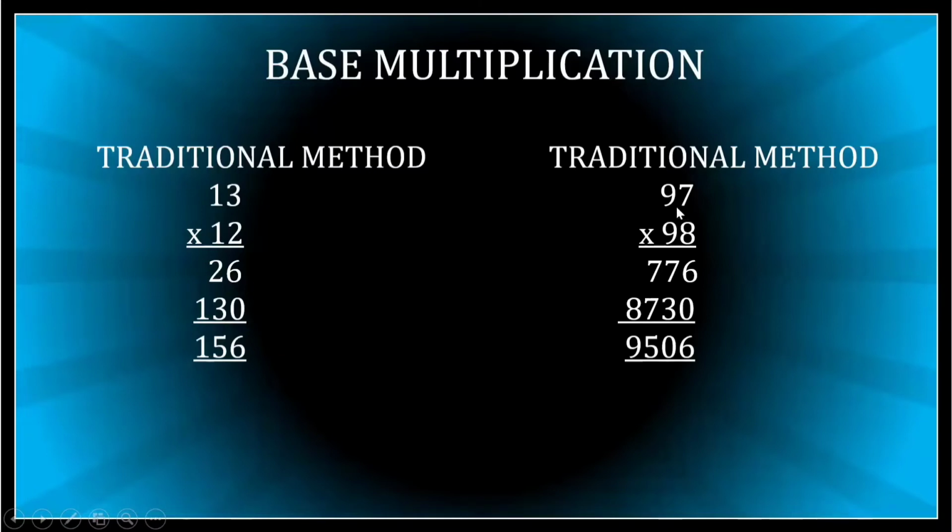Now, this was still 97 into 98. Now, supposing you have 997 multiplied by 998 or 9,997 multiplied by 9,998. My God, it sounds so difficult. And of course, it's going to be quite time consuming. What if I say that you can do this calculation also in seconds? Well, trust me, I'll teach you how to do it. Just that you need to practice with me.